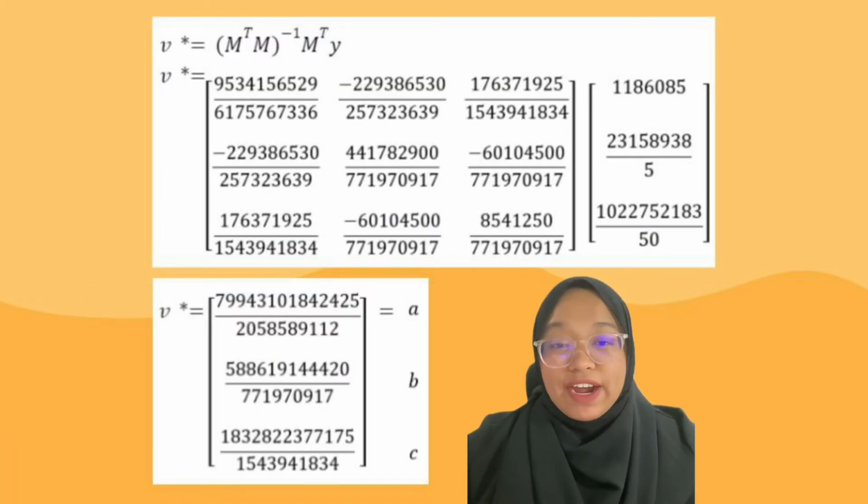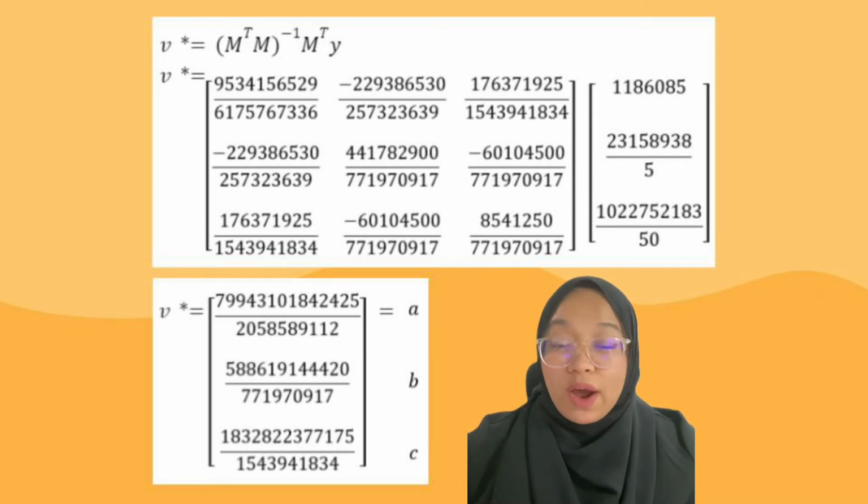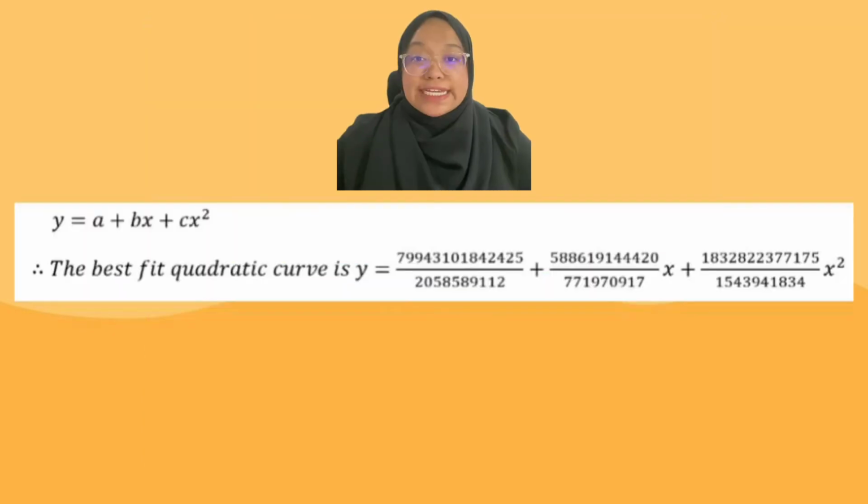Then, we find our m transpose m to the power of inverse multiplied by m transpose y. After that, we have found our a, b, and c. Since the least squares fit of quadratic is y equal to a plus bx plus cx squared, we can conclude that the best fit quadratic curve is y equal to